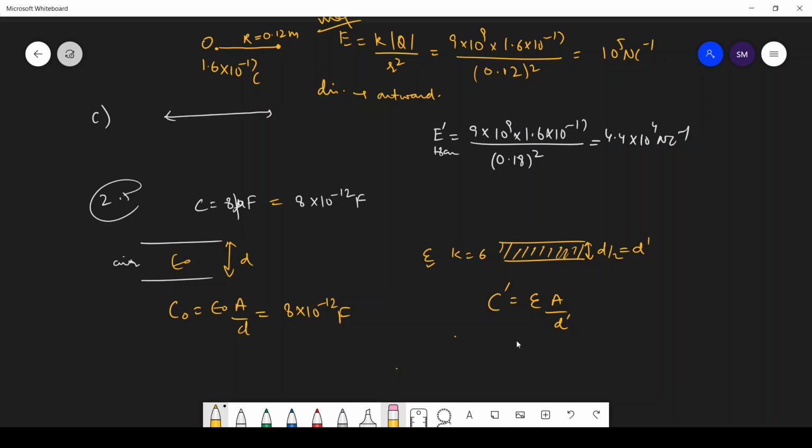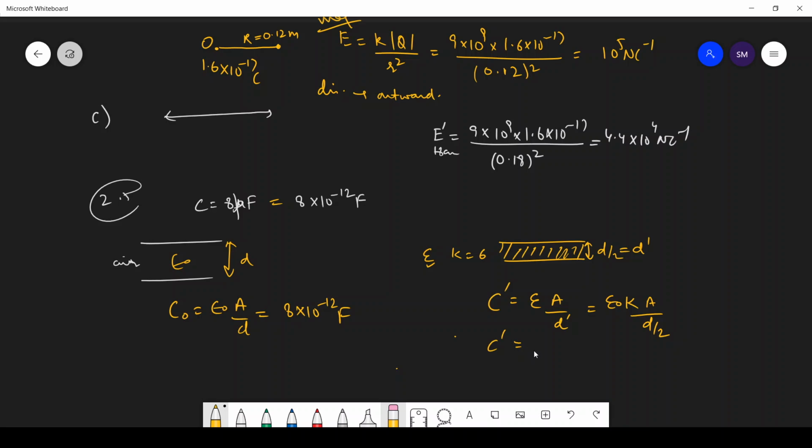So students, what is C dash? That is equal to epsilon, so that's epsilon naught into K, and that's A upon, what is D dash? D dash is D by 2. So this